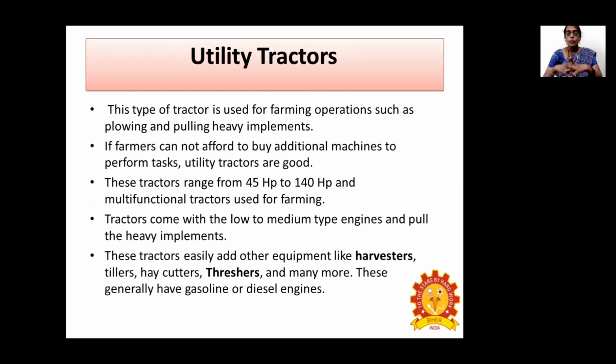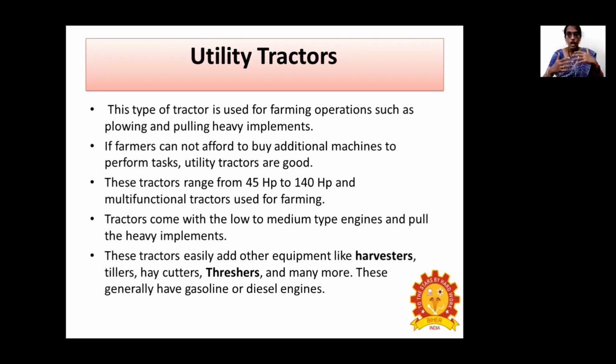This is used mainly for farming operations, for plowing and pulling heavy implements. If a farmer cannot afford to buy additional machines to perform these tasks, utility tractors are very good. This is because they have a horsepower range of 45 to 140 HP, and they are multifunctional tractors used for these farming operations. The tractor comes with a low to medium type engine and can pull heavy implements. These tractors are usually fitted with other equipment like harvesters, tillers, and threshers, and many more